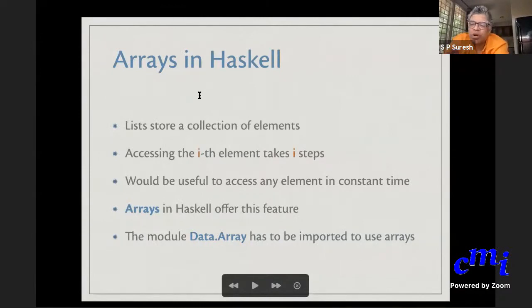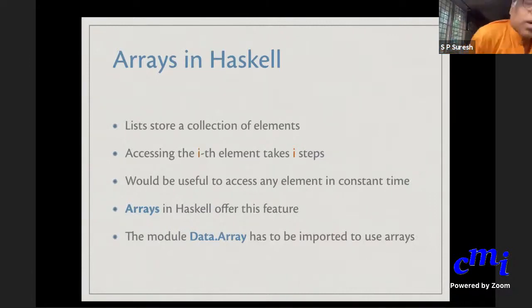But mostly you will be using lists. For certain kinds of problems, you will be using arrays. Lists do the job a lot of the time, and they have a lot more flexibility because you don't have any limit on the length of a list. You can keep growing a list as much as you want. But there are certain problems, like that longest common subsequence, where you have two strings of fixed length and you want to do some computation, but the naive algorithm won't work well. So you need to do something better.